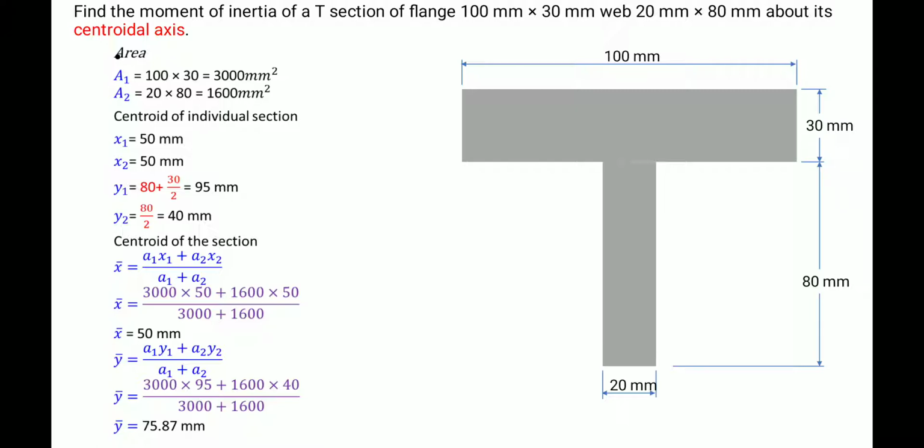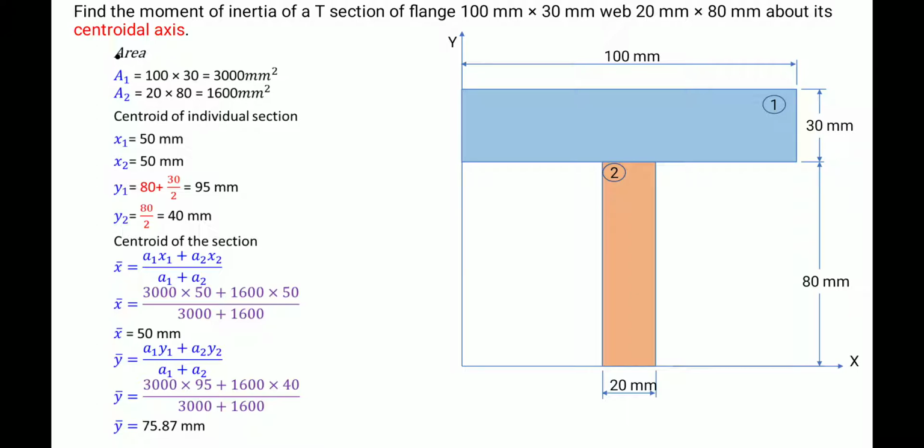For finding the centroid, we already studied, right? First we have to divide this composite figure into simple figures, simple rectangles 1 and 2. First we choose the reference axes, x-axis and y-axis. The x-axis is the bottommost and the y-axis is the leftmost. After that we divide the composite figure: this rectangle is the first section, and this rectangle is the second section.